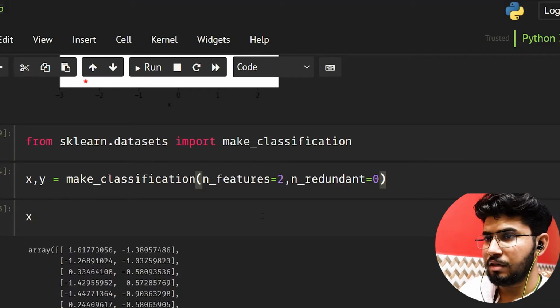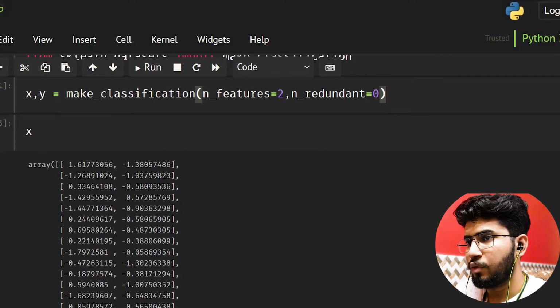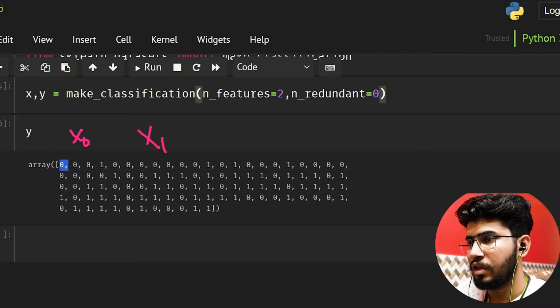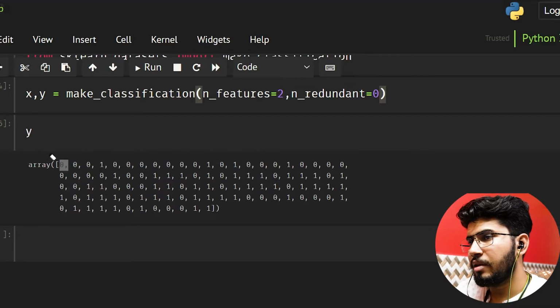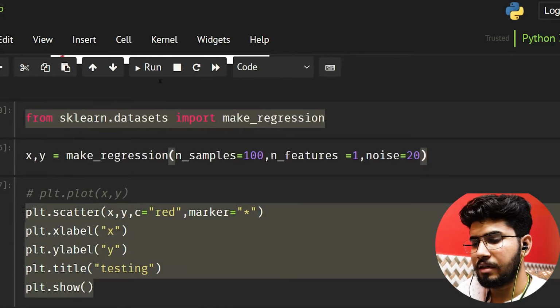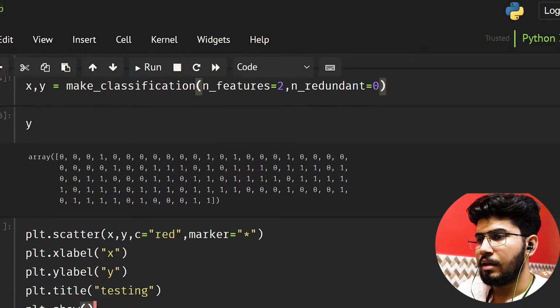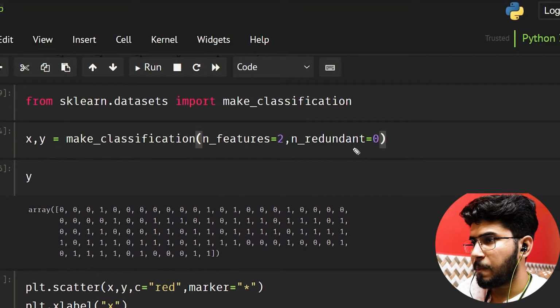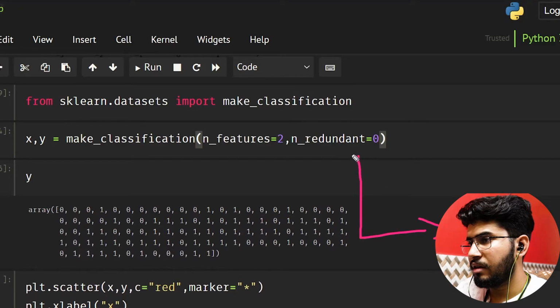Let's see our data. In x we have two features, so this is x0 and this is x1, and if you see y, it is just going to be 0 1 0 1 0 1. So let's represent this data normally first. I am going to copy this part, and as we have two features, but we are plotting in 2D, we can only plot on two axes.